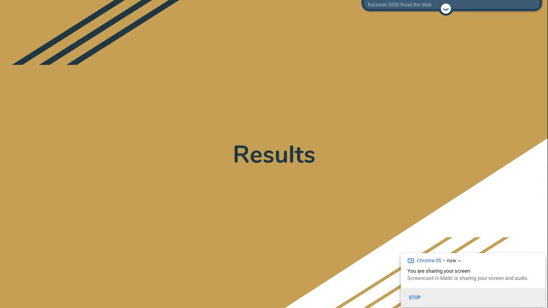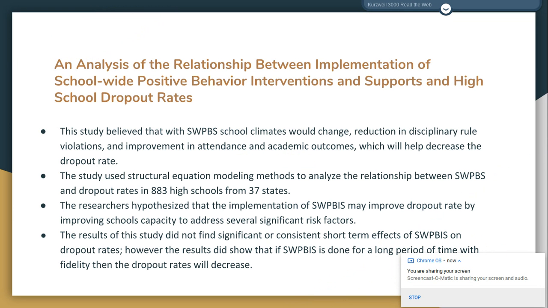On to my results. I selected 6 articles that I felt would help with my literature review. All of these articles, in some way, met my criteria. The first article was an analysis of school-wide positive behavior interventions and supports on a high school campus. So, this study believed that school-wide positive behavior interventions and supports could decrease the dropout rate and help with